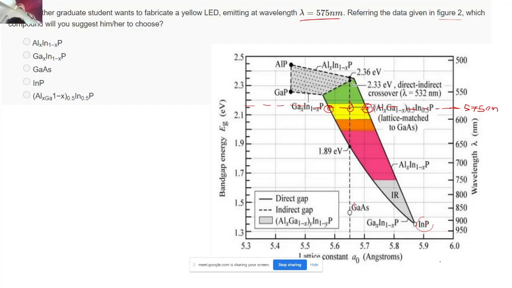If I use aluminum indium phosphide as my epitaxial layer, then let me look at the substrates that are available to me, right? So the first substrate available is gallium arsenide, but I just told you I cannot fabricate aluminium indium phosphide on top of gallium arsenide, right? And now if you look at indium phosphide, then again there is a mismatch between the lattice constants, right?